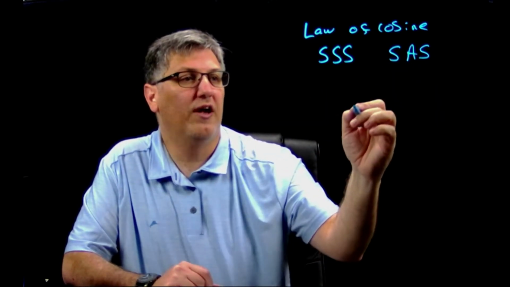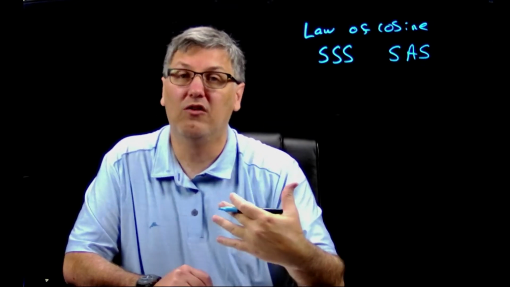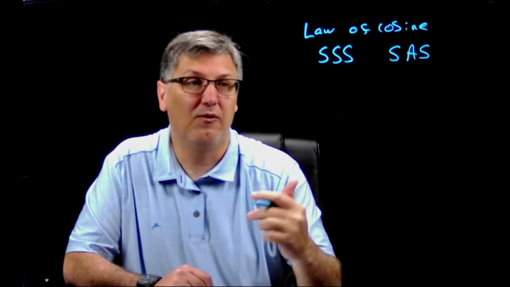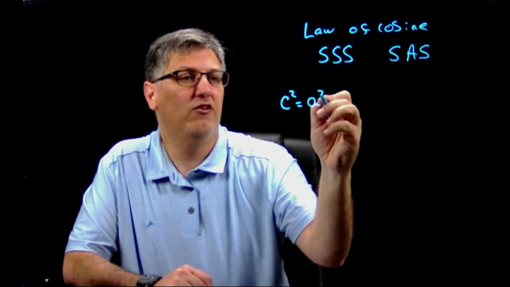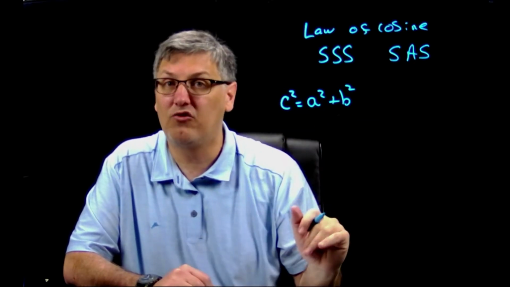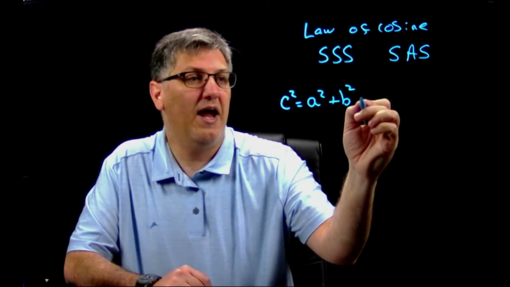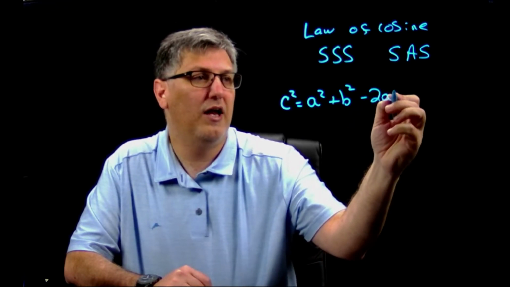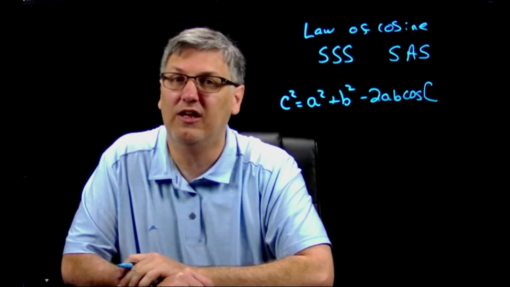So I'm going to draw a triangle here. Well, actually, let me tell you what law of cosine is first. Law of cosine is going to look a lot like Pythagorean theorem. So it's going to be c squared equals a squared plus b squared. You have that part down. That's if you have a right triangle, but these are not for right triangles, they're for oblique triangles. So we're going to add a minus 2ab cosine, I want to exaggerate this, capital C,